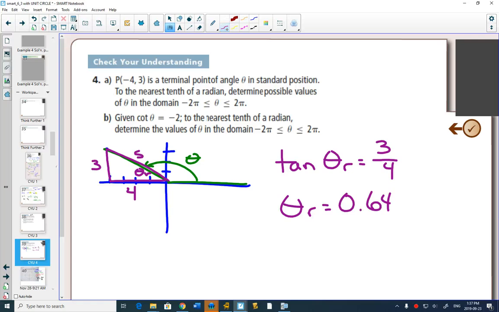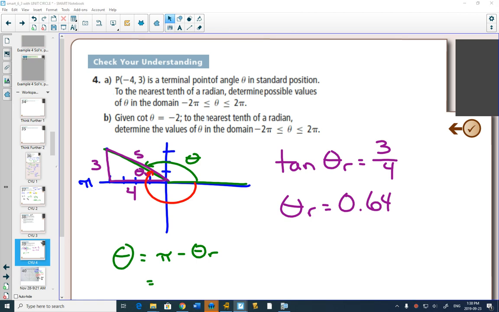Okay? But we have our reference angle. Now, we want to find what theta is. And when it's going from negative 2 pi to 2 pi, that means we need to find one answer in the positive direction from 0 to 360 or 0 to 2 pi. And once in the negative direction, I'll draw the negative direction one in red, from 0 to negative 2 pi. If you were doing degrees, would you agree that this green one, you would do 180 minus your reference angle? But now we're dealing in radians. What would we use instead of 180? Instead of 180 degrees, what's halfway around the circle in radians? Pi. So for our green angle, we will say it's going to be pi minus my reference angle,